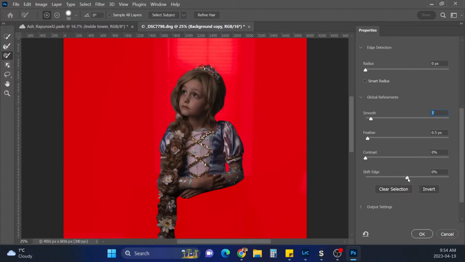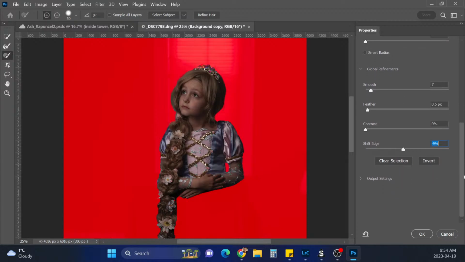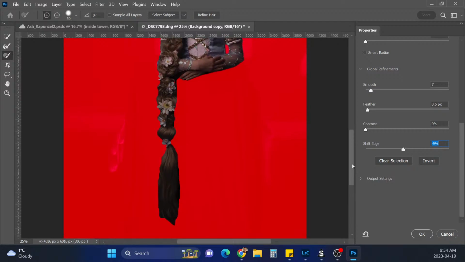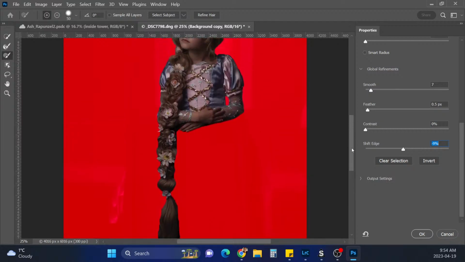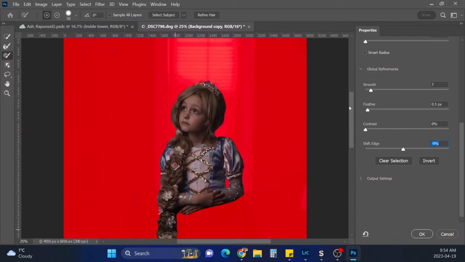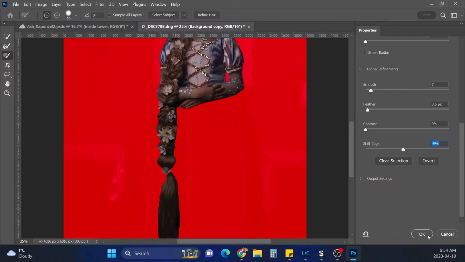And maybe we'll shift the edge just a little. Okay, and it looks like we need to bring back a bit more of her hair here. Okay, and we'll hit OK.